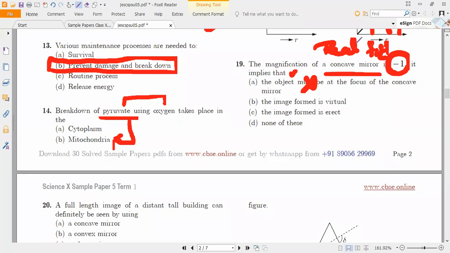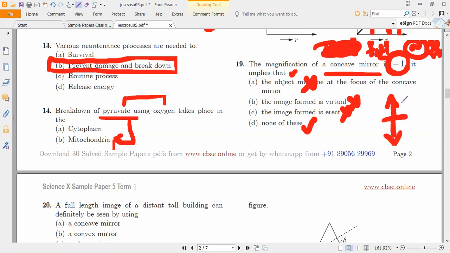Oh, very good. Sorry. Yes, Arvind, you are also saying that. So at 2F, very good. At 2F, the image formed is real and inverted, not virtual or erect. As we know, when placed at 2F, we get the same size. Yes or no? Yes, sir. So same size, and the distance between the object and the image is 0. Correct?